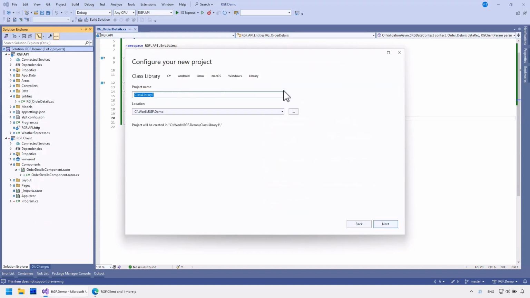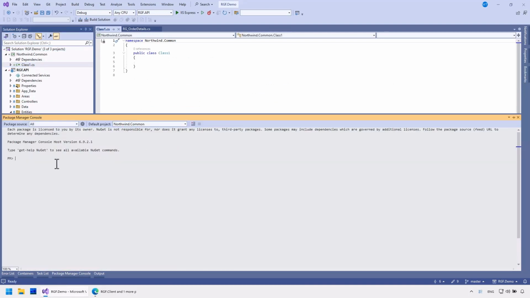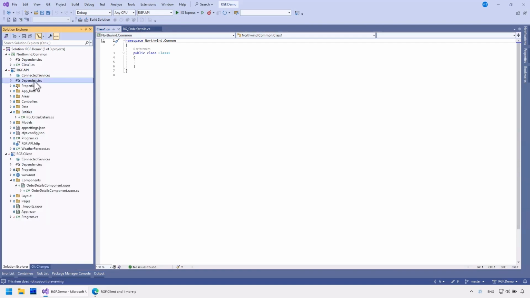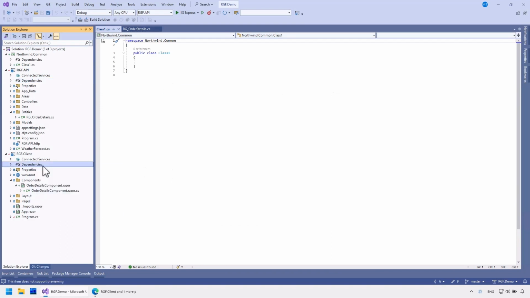We'll need a class library named Northwind Common for shared usage. For this shared usage, we'll need the Recrogrid Framework Abstraction package. I'll add references to the API and the client application.